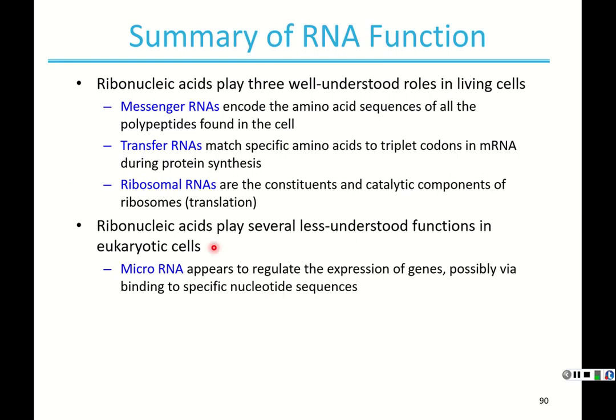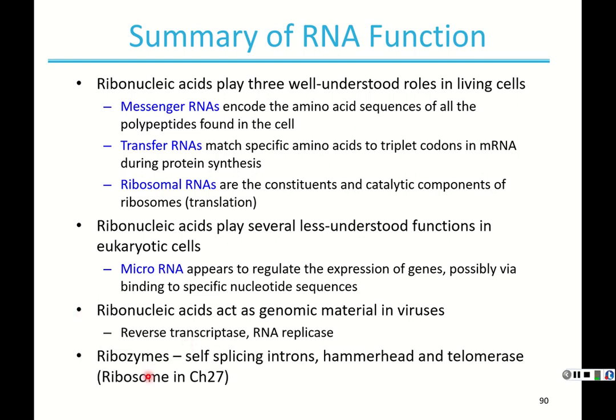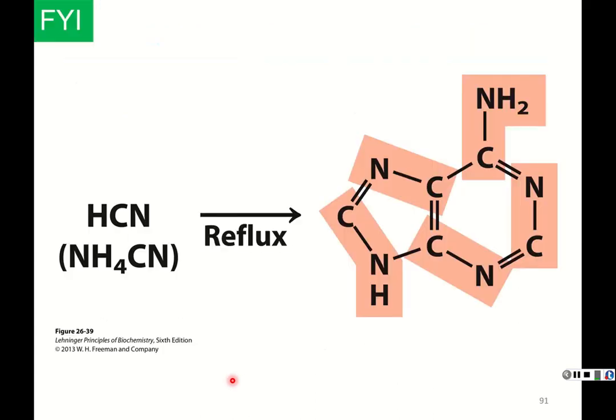Ribonucleic acids also play several other functions in eukaryotic cells that are less well understood. MicroRNA appears to regulate the expression of genes. Ribonucleic acids also act as genomic material in viruses. And then there are ribozymes that catalyze reactions. So they're RNA that helps catalyze reactions, specifically those self-splicing introns we talked about and the telomerase. The ribozyme will also be in that category, but we'll talk about that in chapter 27. And because of this,